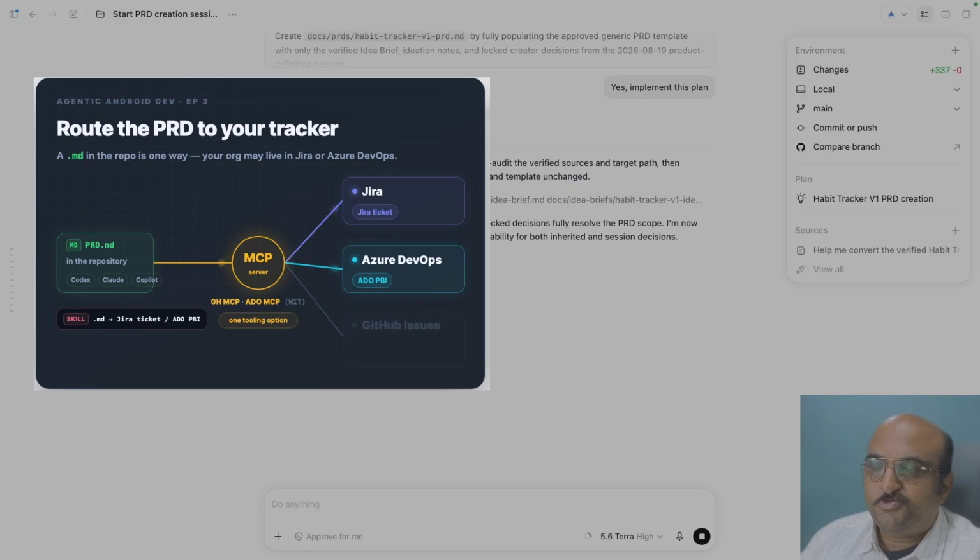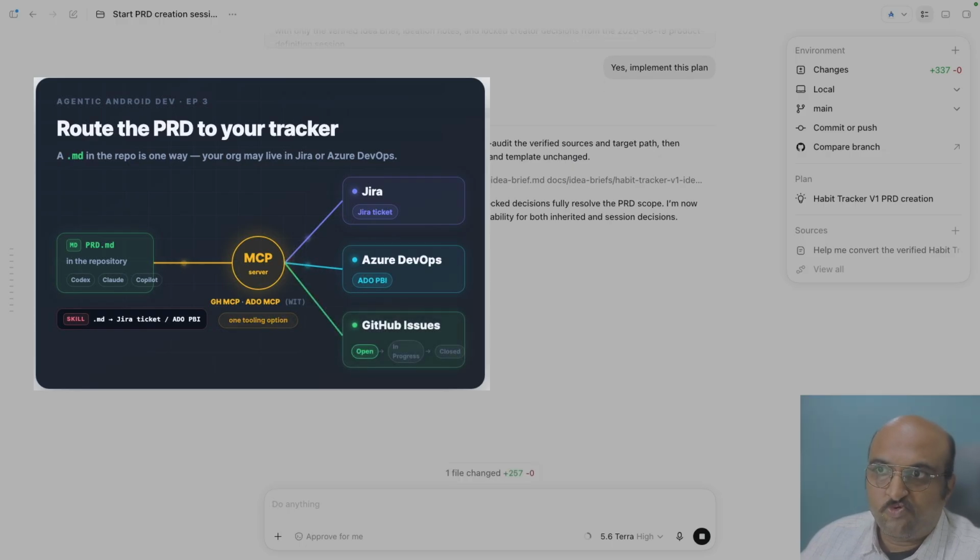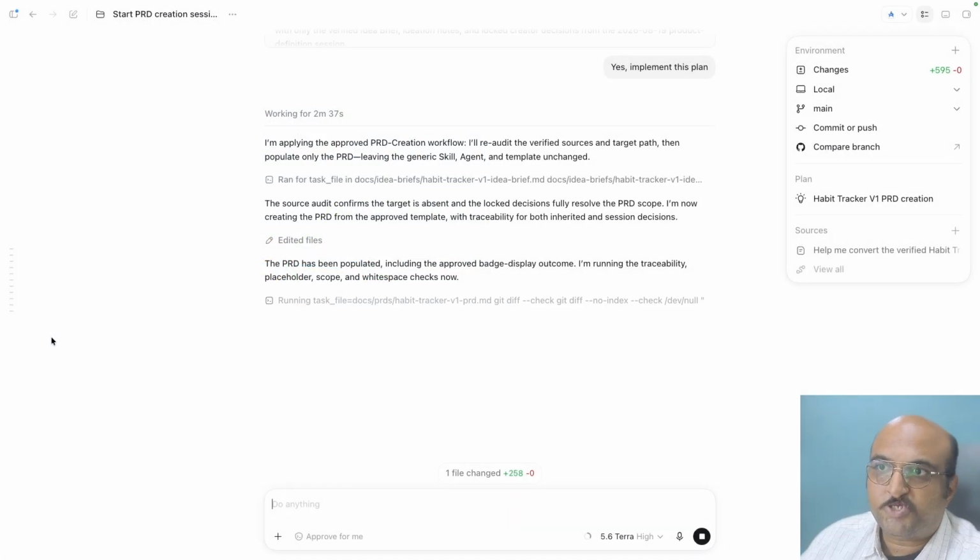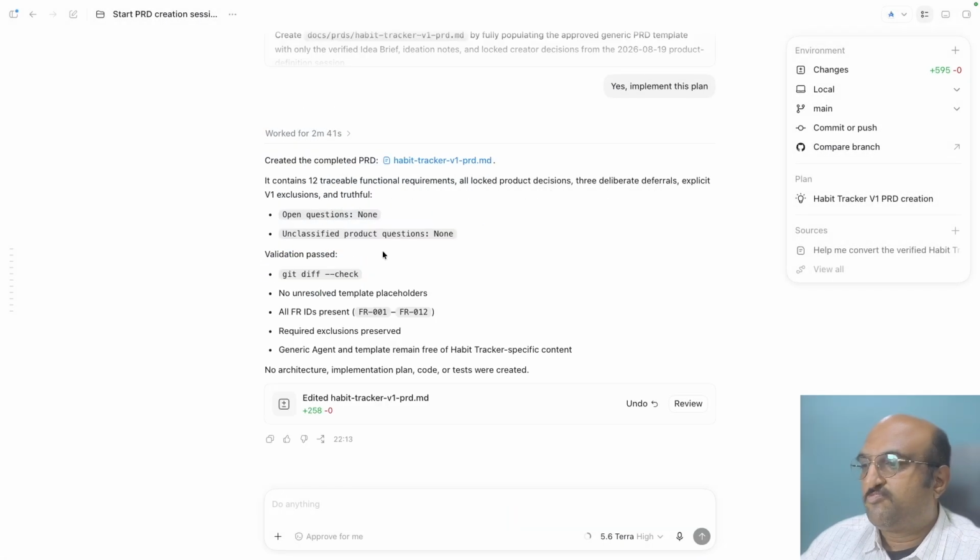There are also cases where people actually use GitHub issues to basically document their PRDs. That is also perfectly fine. I have used that and it works out very well also. The advantage is because it will become part of your GitHub issue list, you can open, close, approve, delete, and it will go through its own various state transitions and it becomes much more easily manageable also. So I suggest even you guys explore that part as well. So looks like